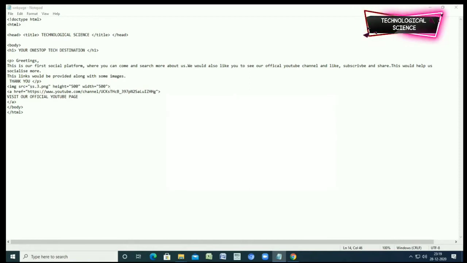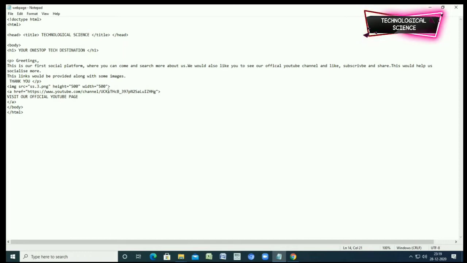So how to see the folder path of the image? Just click on the image properties and just see what is the folder path, and between these two quotation marks, just put the folder path, and then put the name of the image. My name of the image is ss3, and also see what is the file type of the image. My file type is png, so just write .png. If it's jpg, just write .jpg, and close it between these two quotation marks.